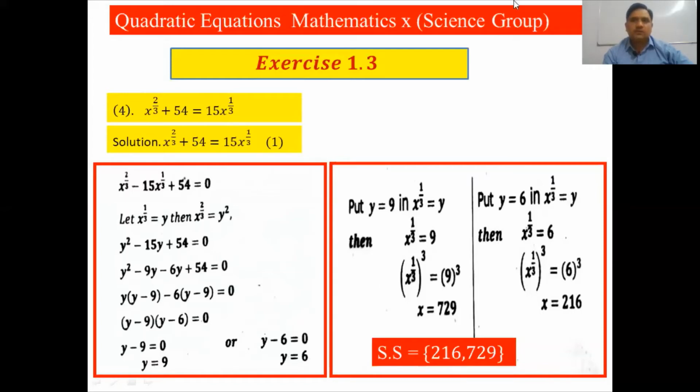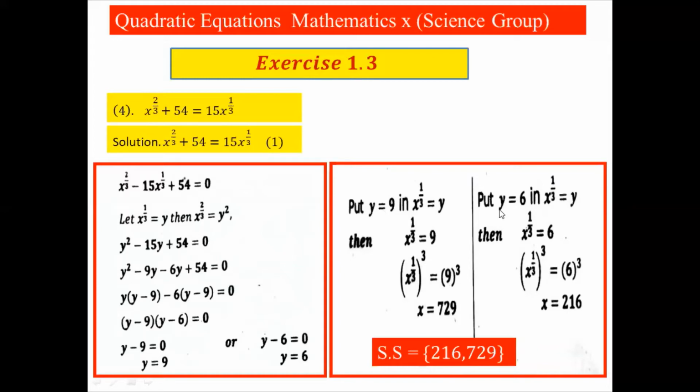Now we have to put y is equal to 9 in x raised to power 1 by 3 is equal to y. When we replace this, y is equal to 9, x raised to power 1 by 3 is equal to 9. Now taking cube on both sides, because here is 1 by 3, so 1 by 3 can only be simplified if we take cube on both sides. So x raised to power, this cube cancels out with this 1 by 3, and 9 raised to power 3 is equal to